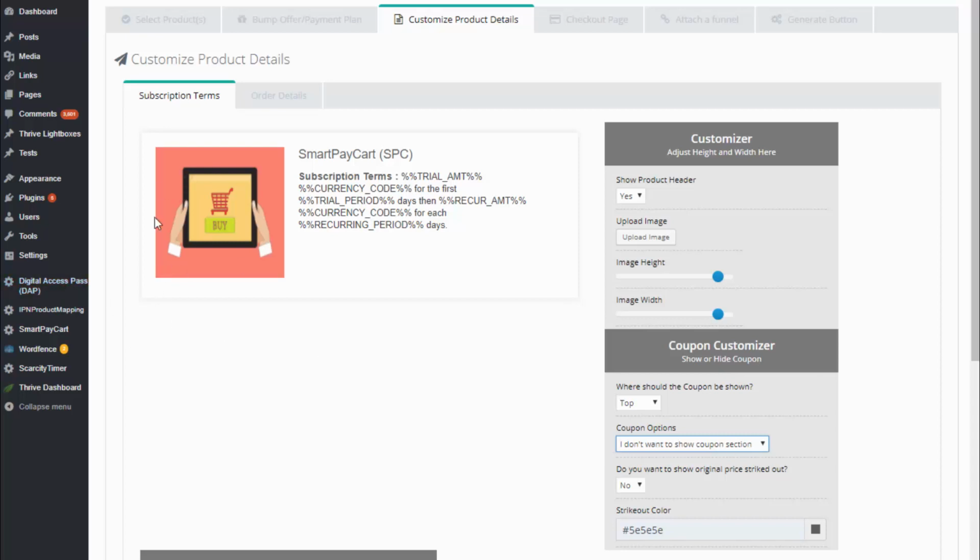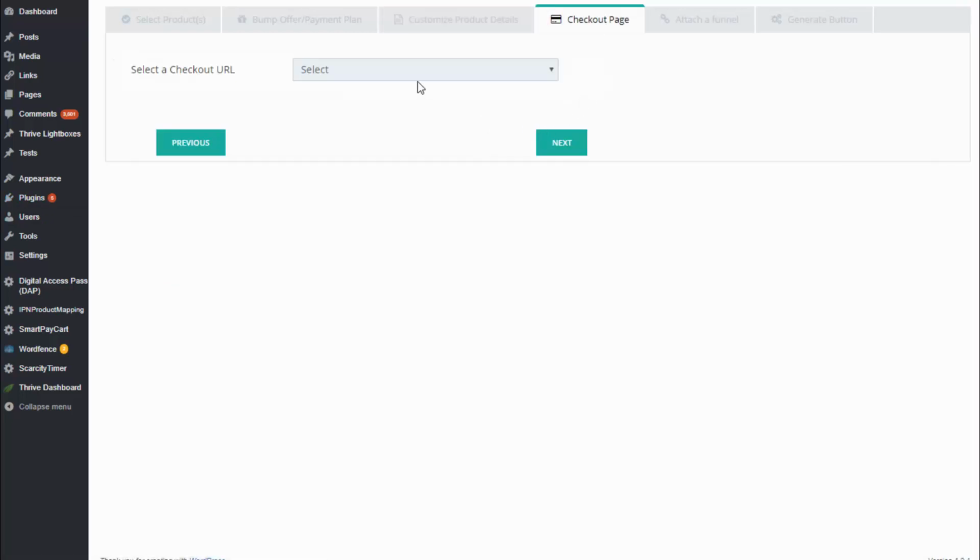So this image is coming from DAP. You can also upload a different product image by clicking on upload image. So you can customize the section, or you can just use the defaults and then move ahead. So far we have selected the product that we want to sell. We have customized the product detail, and now we are going to select a checkout page where this product is